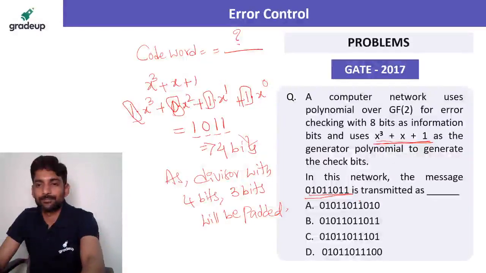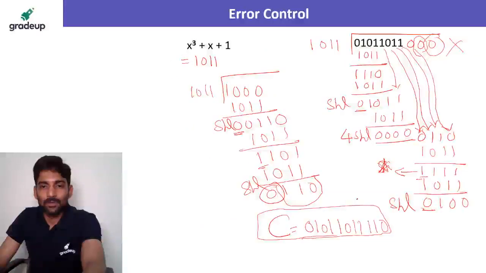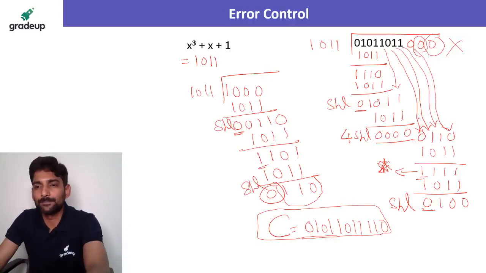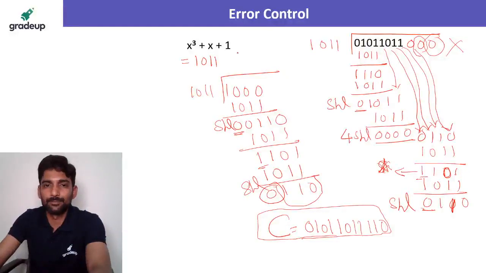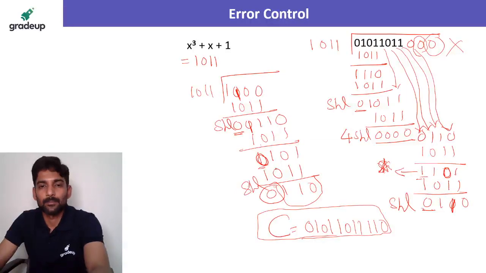Let's see. Okay. Did we do anything wrong anywhere? Okay, here it went wrong. Yes. 1, 1, 0, 1. Yes. So this would be 0, 1, 1, 0. Wait a minute. So this would be